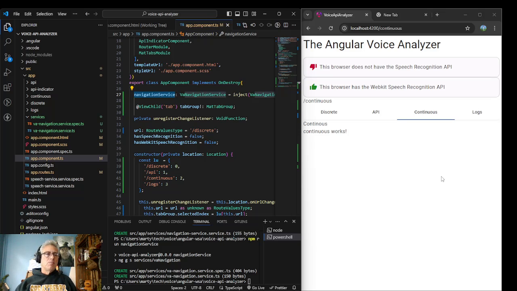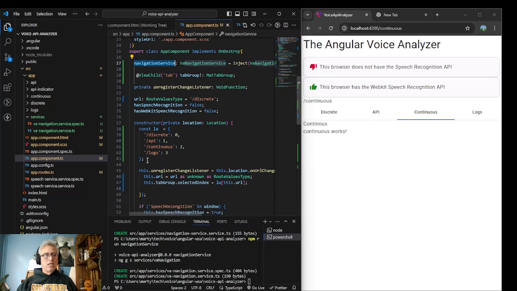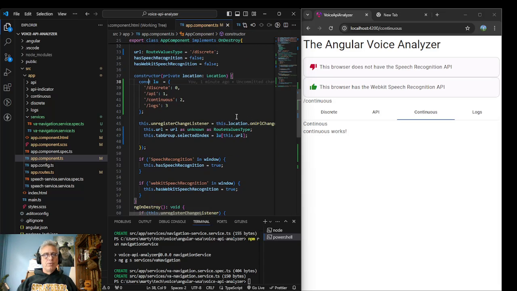Anyways, tomorrow, Sunday, I will move this functionality into our new voice analyzer navigation service. And so then this will read a little bit better, instead of, I'll probably just have a function that returns this, and so when I set this URL,